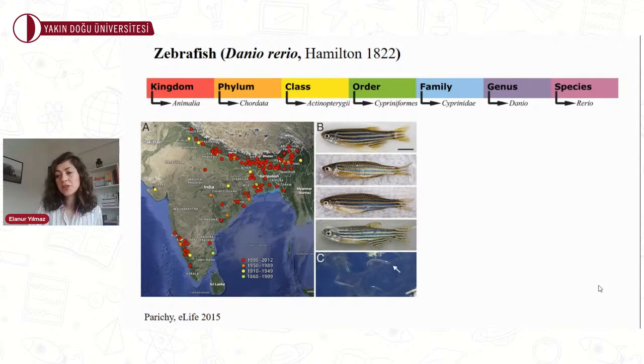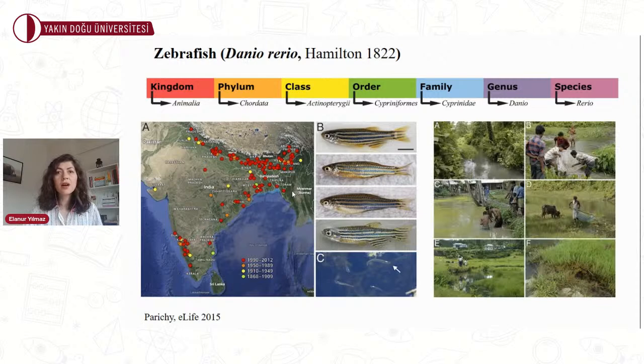India, but zebrafish have also been collected in the south and west of peninsular India, Pakistan, and also Bangladesh, possibly in Myanmar and Nepal. Then you can find these zebrafish in nature. Their typical habitat consists of shallow, slow-moving streams and particularly still pools that form alongside streams during the monsoons.